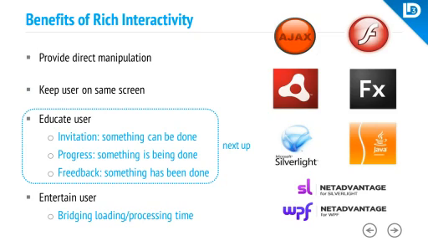I want to basically focus more on these other two main bullets. One that says educate users, and the other one entertain the user. For educating the user, this is all about guiding a user through the UI and providing a good experience. We have 3 different phases of a user interacting with the UI, and it maps to this model that I just showed to you. One is the invitation phase. This is, we want to show to the user that something can be done. This is this affordance quality that I talked about at the beginning of the webinar. Invitation means, here I show you what you can do.